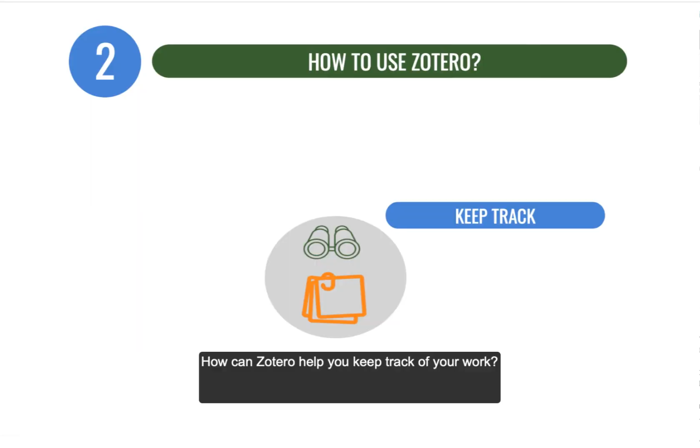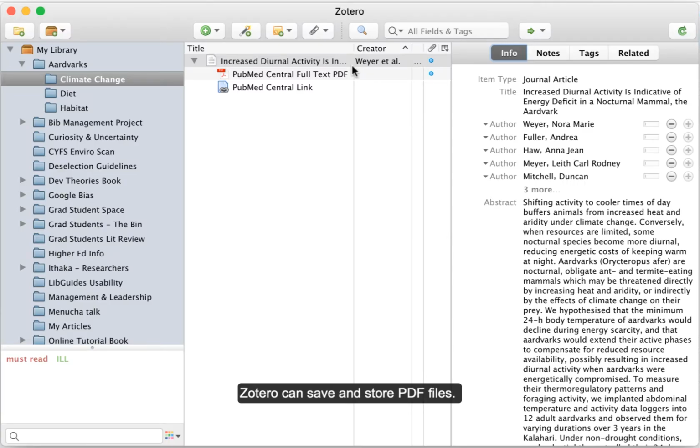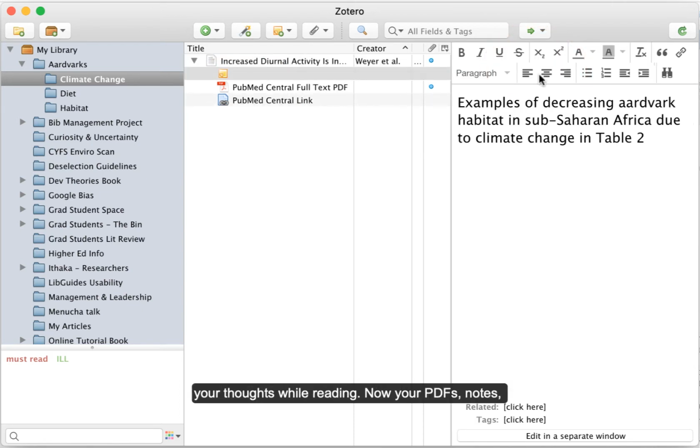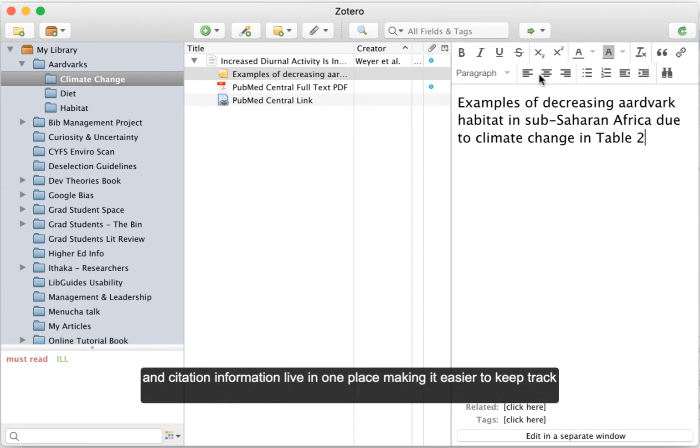How can Zotero help you keep track of your work? Zotero can save and store PDF files. Use Zotero Notes to record your thoughts while reading. Now your PDFs, notes, and citation information live in one place, making it easier to keep track of your work